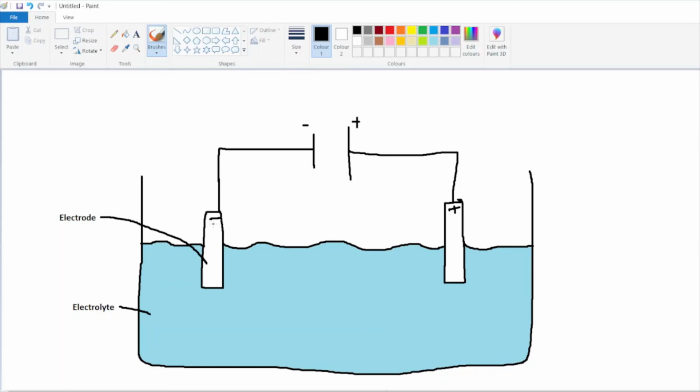Obviously if it's negative, it's going to have more electrons, so this has spare electrons, and that's because the flow of charge goes from positive to negative, because we have our negative non-metal ions in the electrolyte get attracted to the positive electrode, the anode, and they lose their extra electrons to form atoms, and those extra electrons get taken around, as this is the flow of charge, isn't it? And they get taken to the